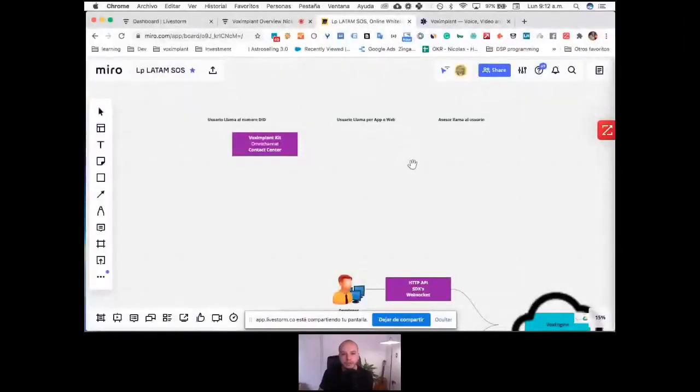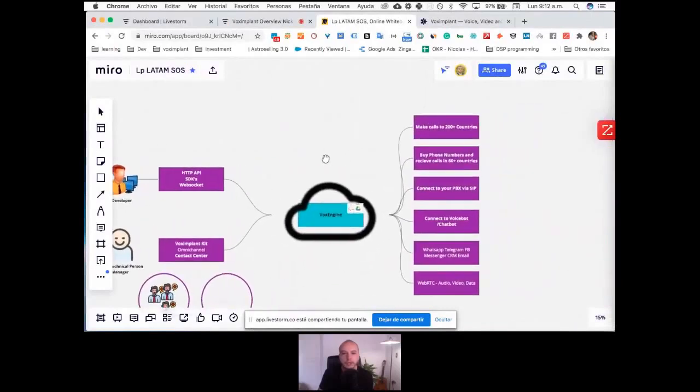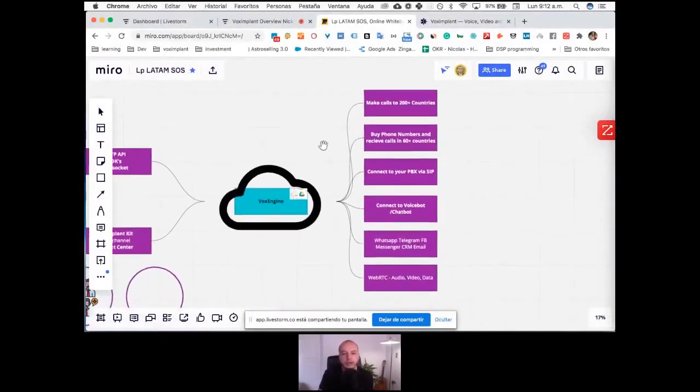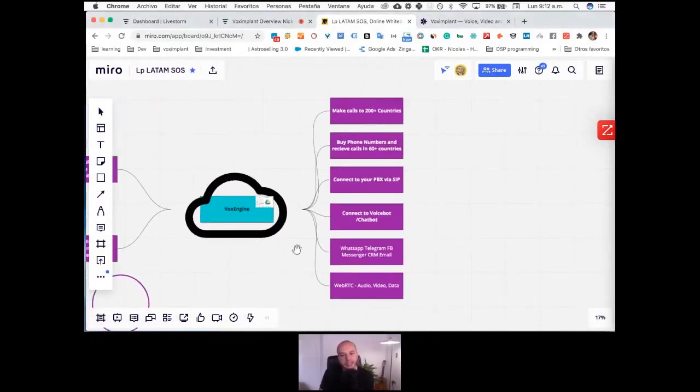So let me present my screen so I can start talking about Voximplant platform. So I have this scheme that I think it's accurate to explain what exactly is Voximplant. When we talk about Voximplant, we say that we are a serverless platform. Okay. Now let's start with these